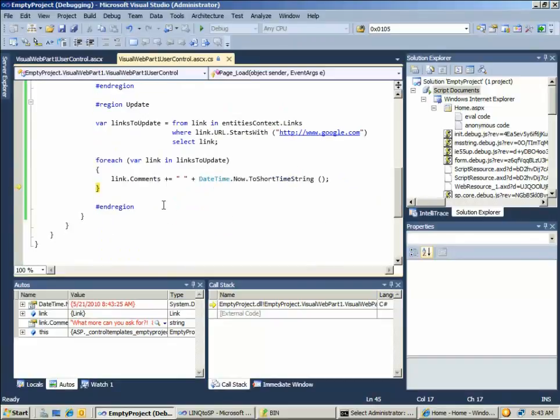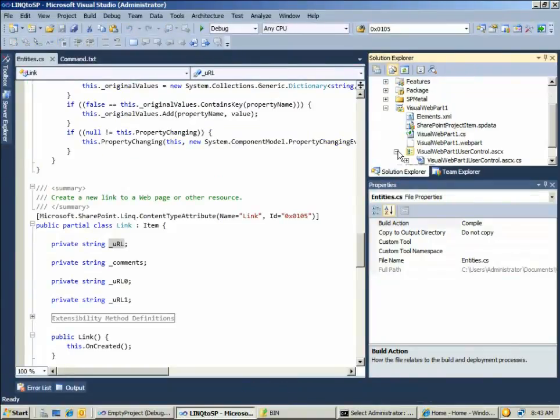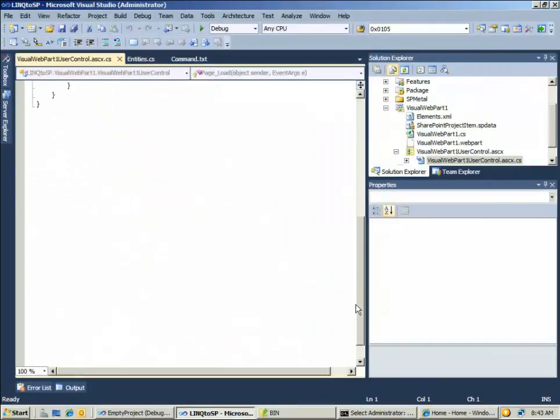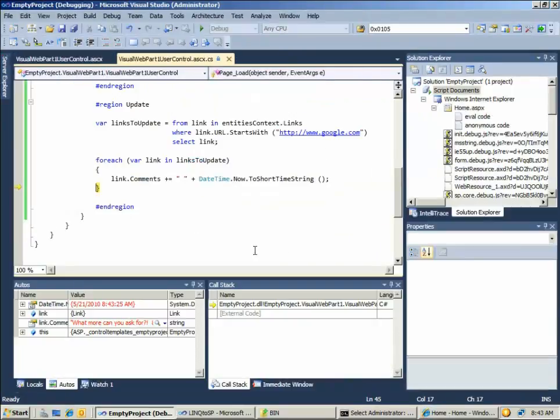One thing I actually forgot to add here, this isn't actually going to work, apologies. I apologize for that. I'll just pop back here for a second and show you the code that I wrote earlier instead of trying to redeploy this. There is, down below, a submit changes method that we need to call to actually have this persisted back to SharePoint. So unfortunately that's not going to happen in our case, but if I let this run again, we can